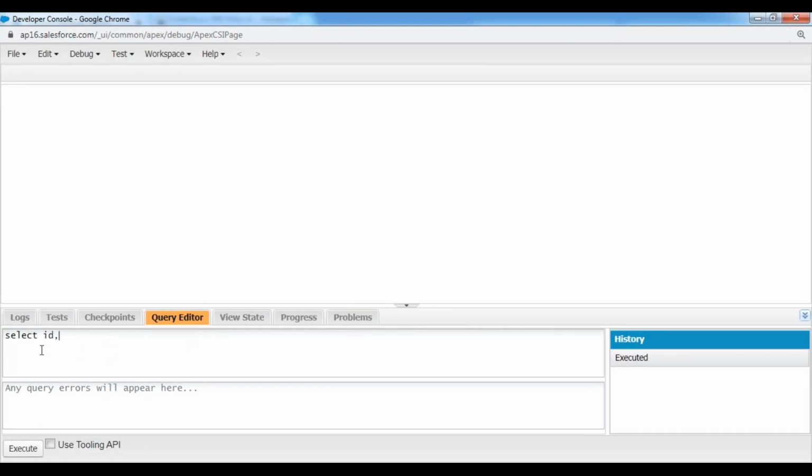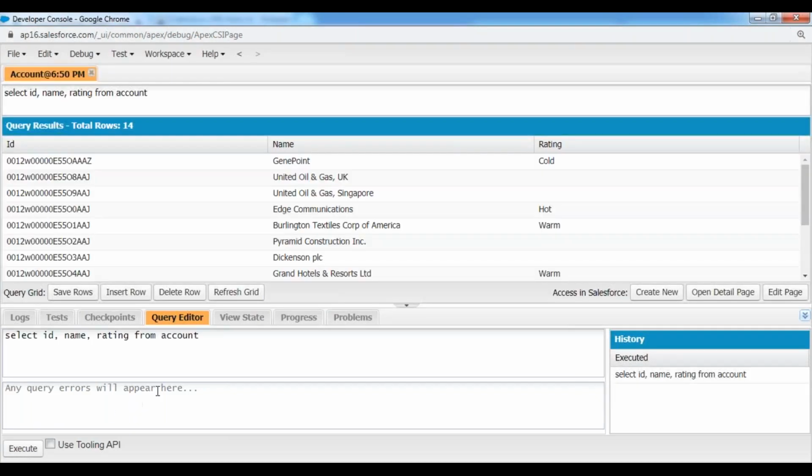Select ID of the account record, name of the account record, rating from account. From which object do you want to query? From the account table, I would like to query the data. Now click on execute. Once you click on execute, it collects all the records from the account object.